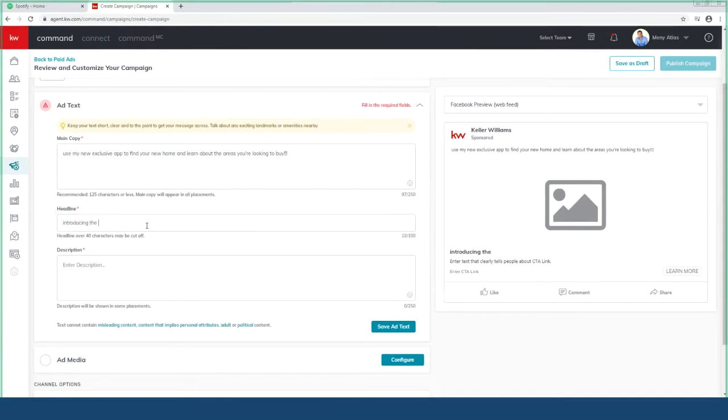Introducing the new home buying search app. Okay. So we can have fun with this, right? If you're going to go and advertise to the consumer out there, you can just have fun and say